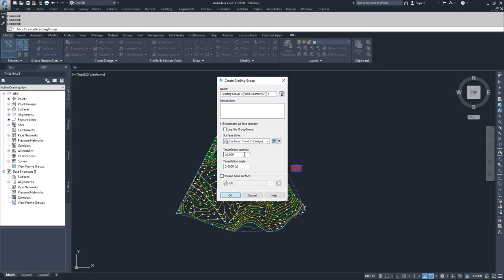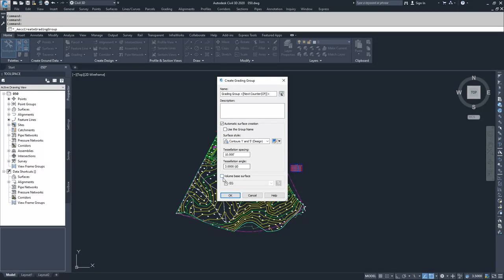And then the tessellation angle is, as you're coming around a corner of a grading group, the angle of those radial lines coming out from a set point out to the outside edge of that rounded corner on a grading group. That angle is the tessellation angle. The smaller the angle, the closer you are going to get to approximating an actual curve. But the smaller the angle, the more data you're going to have, which is effectively going to make your drawing larger and could possibly bog it down. So you want to find a nice in-between area. I'm going to leave both as 10 and 3.